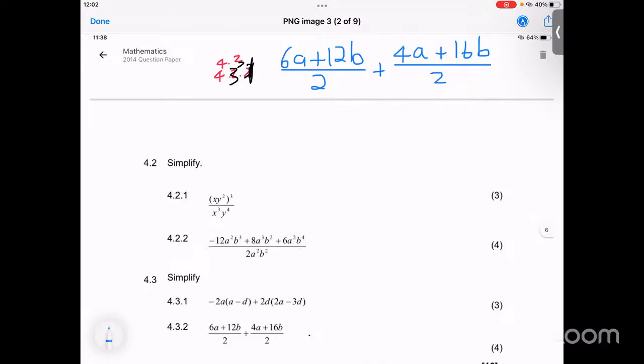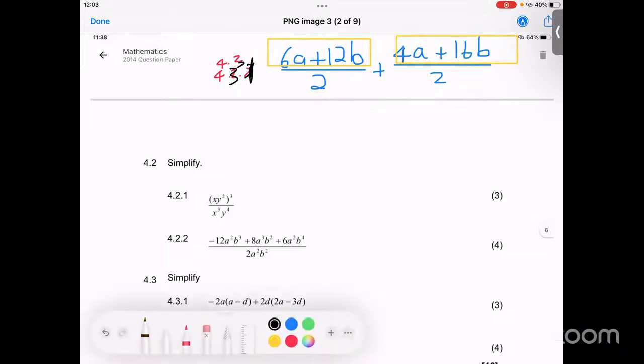Just remember that you've got many ways in which you can work this out. Maybe you can say, let me first focus on the numerators and see if there is something that can be taken out as a common factor there. Remember, the common factor can be taken out as a number or as a letter, or it could be both. So now let's see. According to me, it looks like 2 can be taken out as a common factor there,